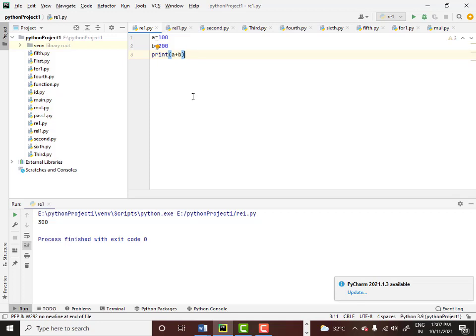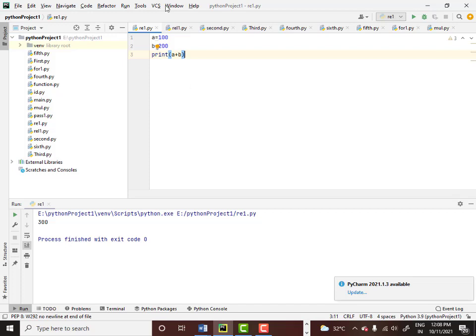So this is not the correct way of doing things in any programming. What we should do in programming is interactive processing. What is interactive processing? You have already used this. For example, logging in to your email account. You have to supply the username and password and hit the sign in button. That is called interactive processing. You can do interactive processing in Python also. So let's see how to do that.